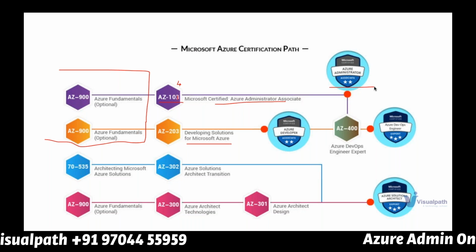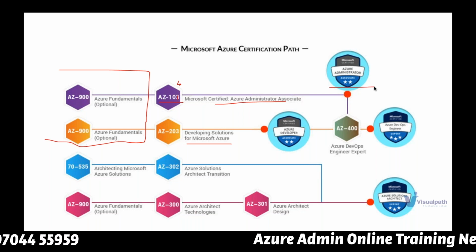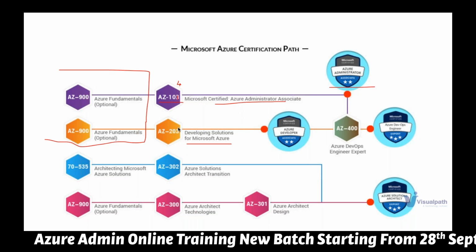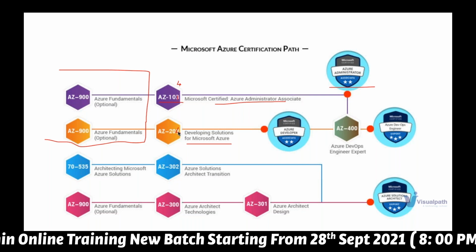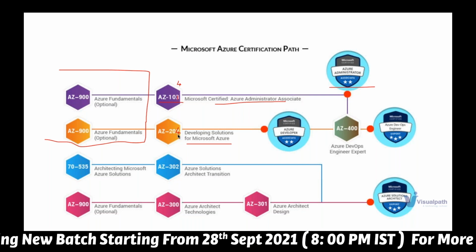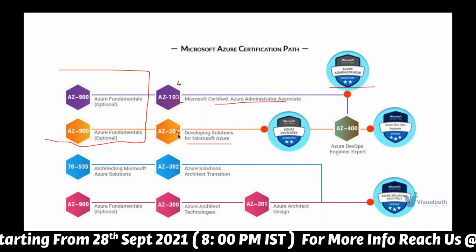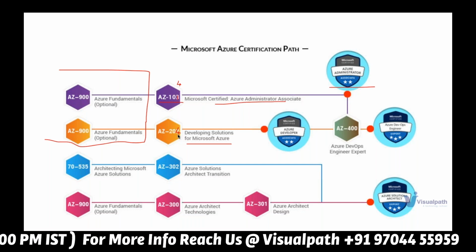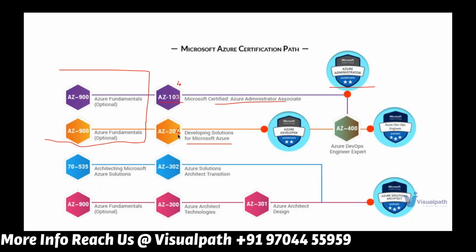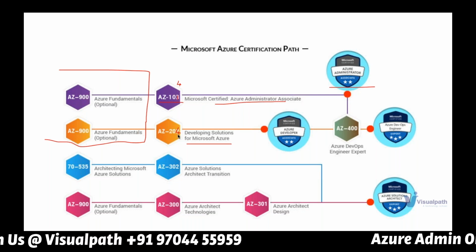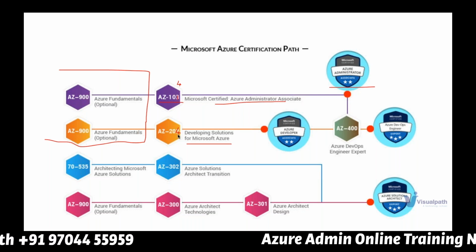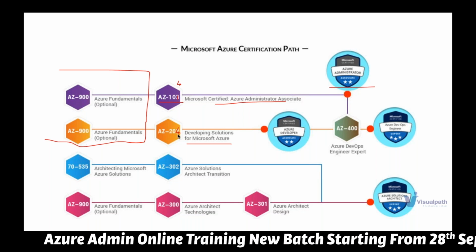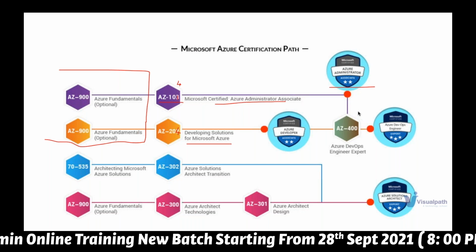And if you're looking for developing solutions in Microsoft Cloud, there is a different track for that, which is AZ203, the earlier paper code. Now it has been changed to AZ204. Right, so this is purely on development, but AZ104 is purely on the administration part. Okay, so these are the two main tracks, what we can say. One is on your administration, another one is on the development part. So later on, if you are interested to learn DevOps solutions in Azure, you can complete your AZ104 plus AZ400, right?